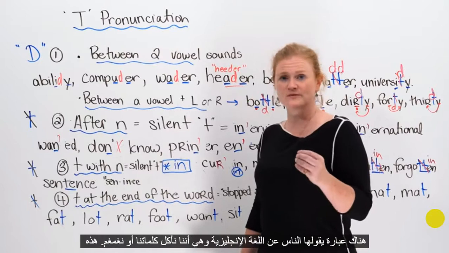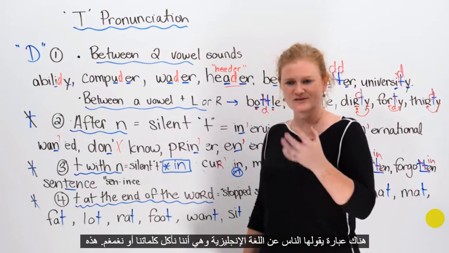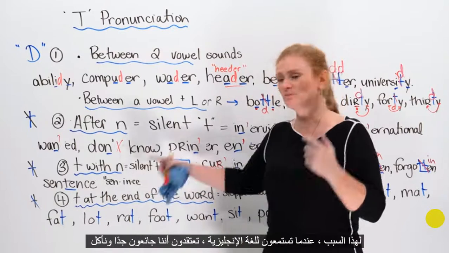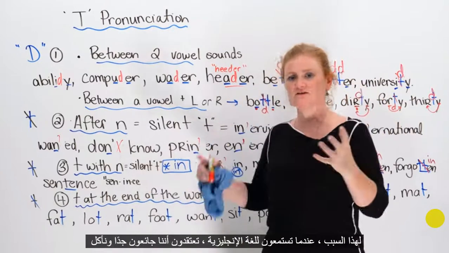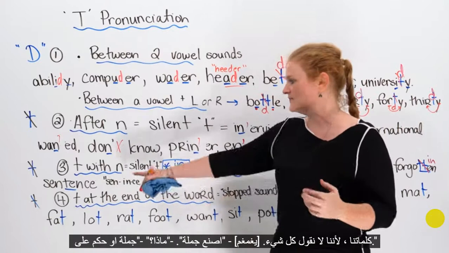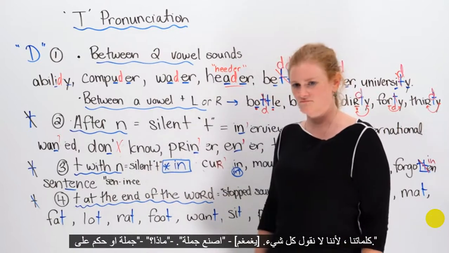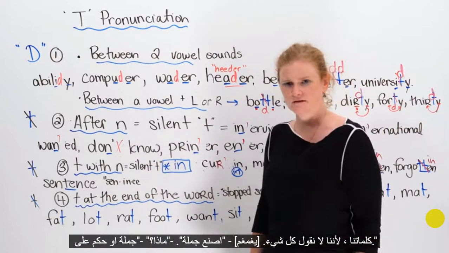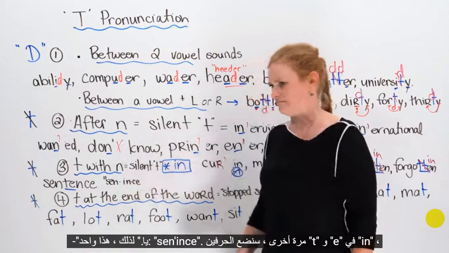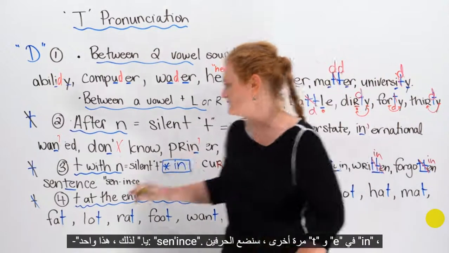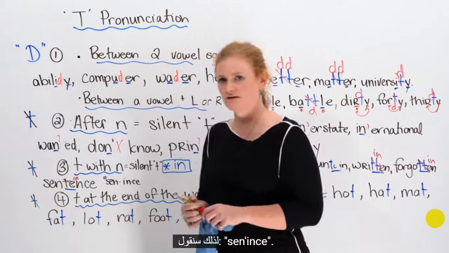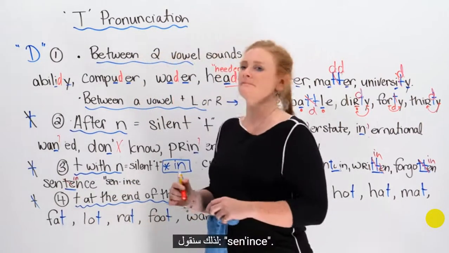There's a phrase that people say about English, that we eat our words or we mumble. This is why when you guys listen to English, you think that we're very hungry and we're eating our words, because we don't say everything. Make a sentence. What? Sentence. Oh. So this one, sentence. Again, the T and the E, we're going to put two in. So we're going to say sentence.